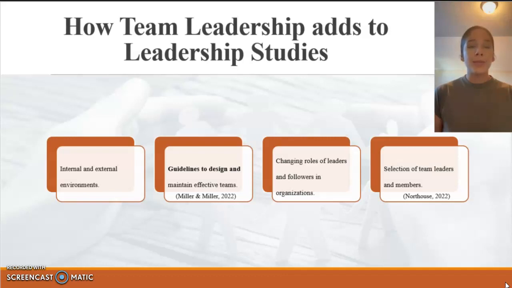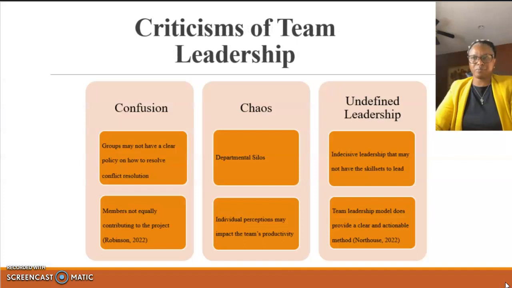Lastly, team leaders must be able to provide support and guidance to team members. By understanding team leadership, we can help members stay on track and achieve success by providing support and advice founded on leadership studies. Selecting the right team leaders and members is another benefit of team leadership. When working in corporate America, at some point, every employee will find themselves tasked to work in a group. In this environment is how intricate details become complex.